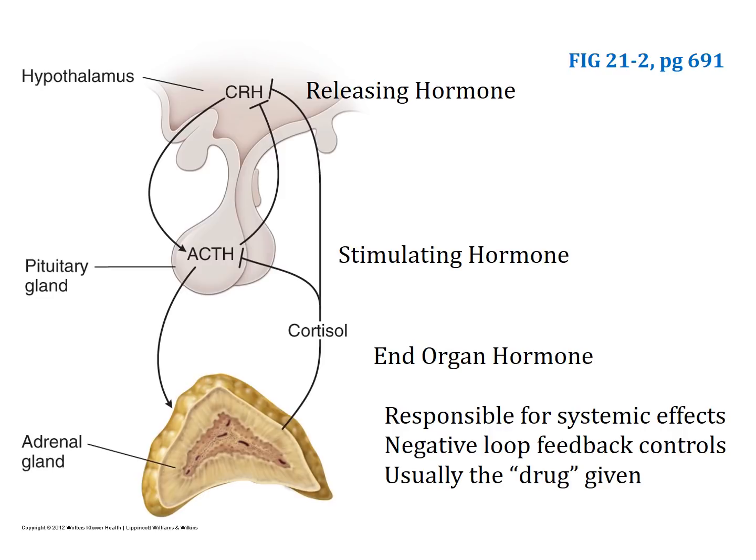Cortisol, to limit its own synthesis and release, can feed back to either the pituitary or the hypothalamus and put a brake on that hormone. So cortisol can feed back to the anterior pituitary gland and put a brake on ACTH, or can feed back to the hypothalamus and put a brake on CRH. That's called negative feedback inhibition. The feedback to the anterior pituitary gland is called a short loop. The feedback to the hypothalamus is referred to as a long loop.